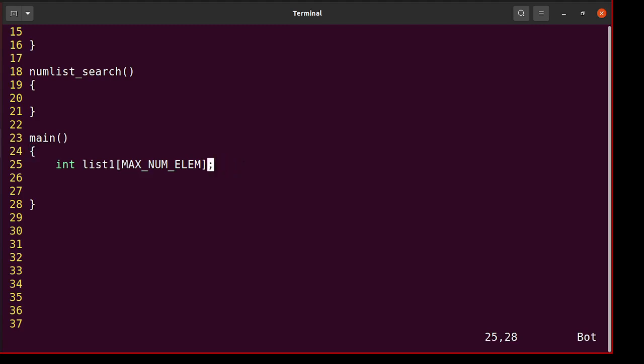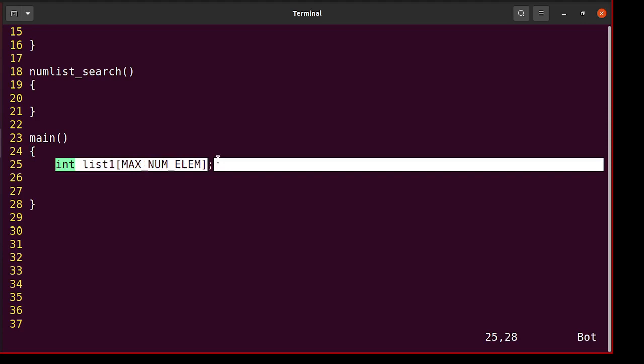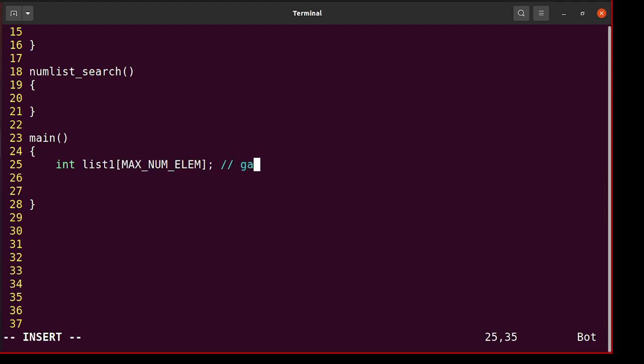If I don't initialize it, any local thing which is not initialized is garbage. Right now if I print the content, it will be garbage because I have not initialized it. Then I could do this, that max num element is 100, and I could initialize it like 10,